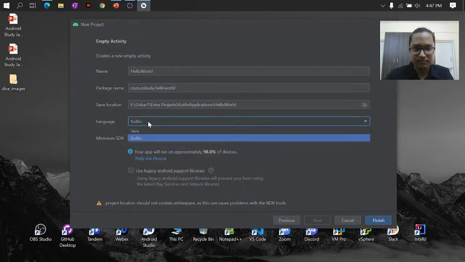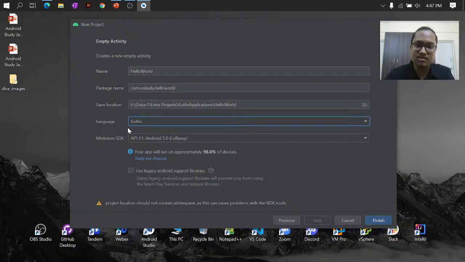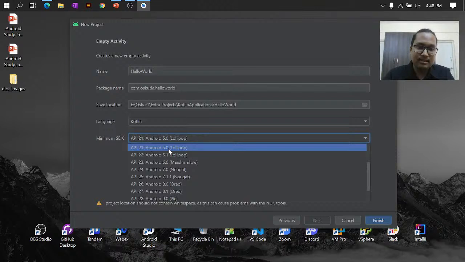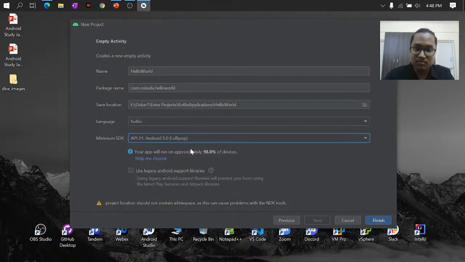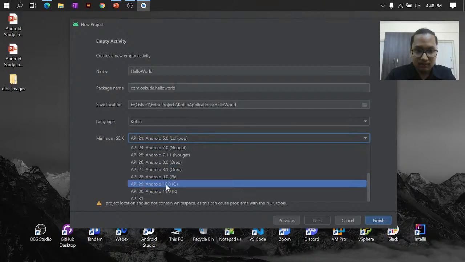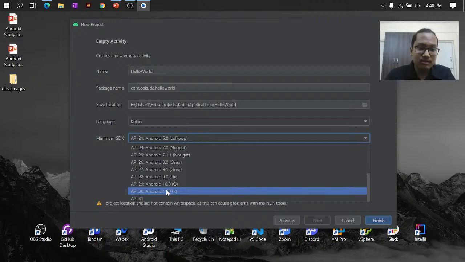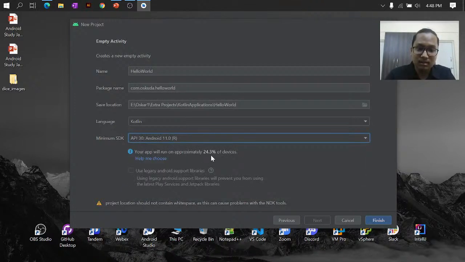Next is the language. Right now you have two options, Kotlin or Java. Obviously, please do select Kotlin because Java defeats the purpose of this whole session. The minimum SDK is the Android version that your app is going to work with. Right now by default it's selected to Android 5.0 Lollipop, and here you can see that by selecting this option I will be targeting around 98.0% of the devices all around the world, right? So if you want to make an application only for the latest devices, for example Android 11,